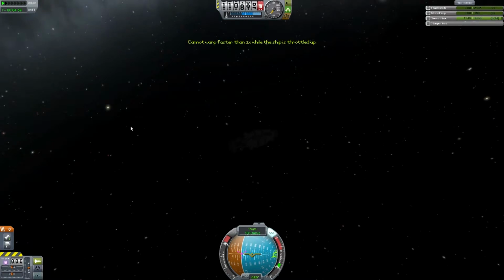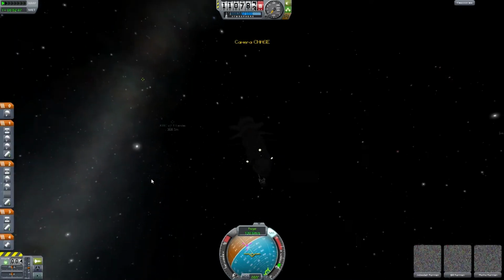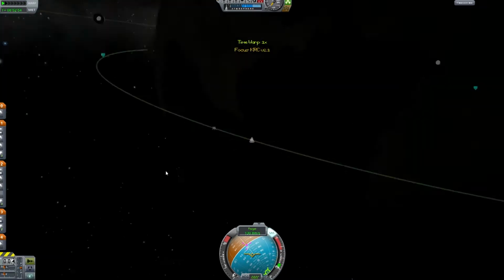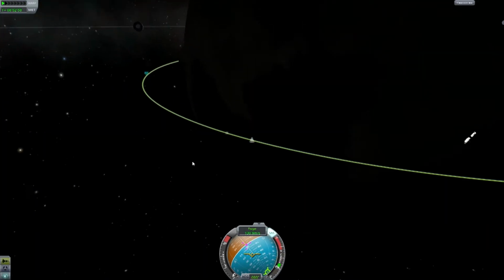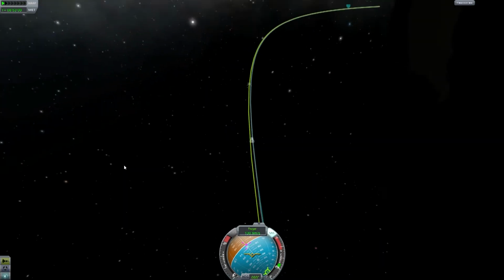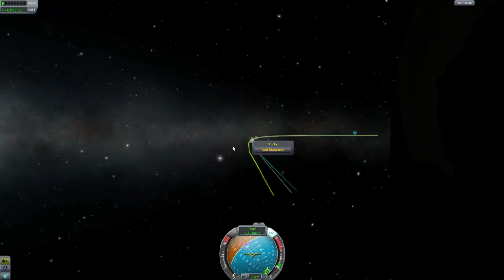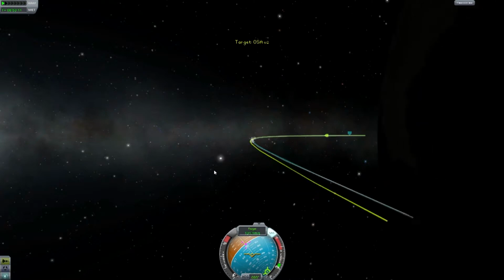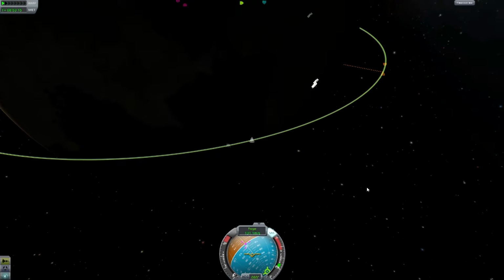So, oops, I can't speed up. I can't throttle down, but I can change ships. Let's see about... I keep pressing that instead of map. Let's see about rendezvousing with this. No. No. I want to set as target. Thank you. And we want to maybe,